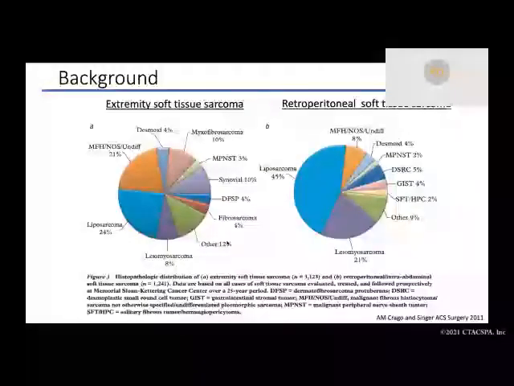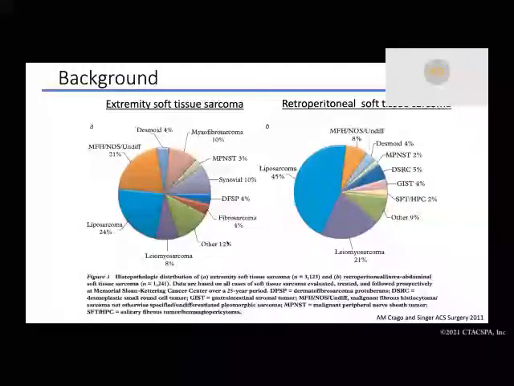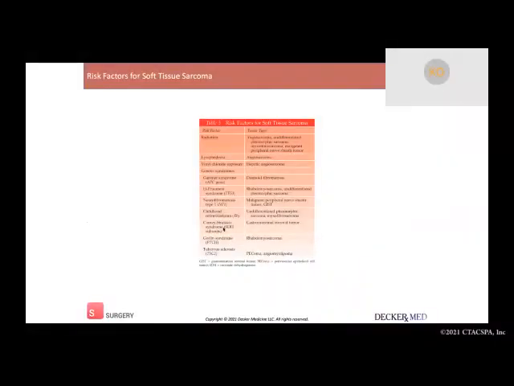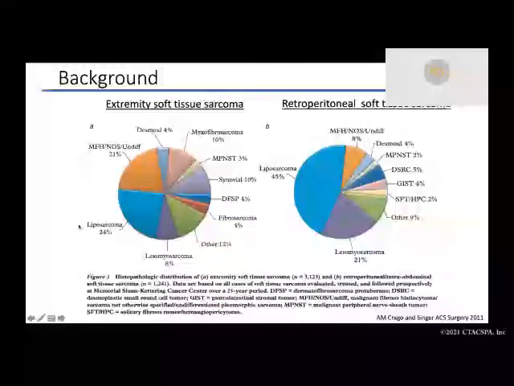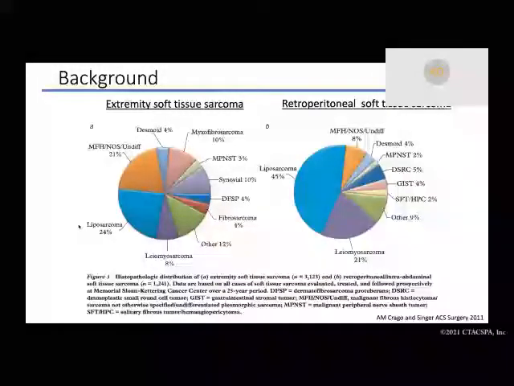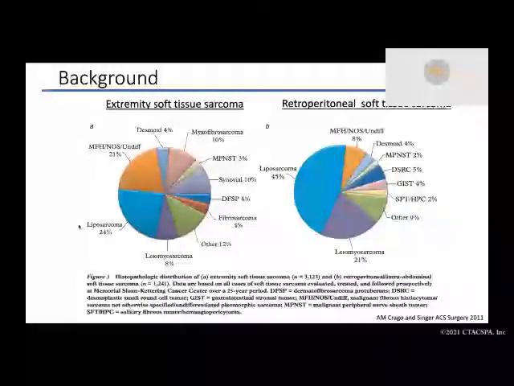So again, things that come up in question banks and sometimes on your ABSITE is what are the most common, and it'll be broken up between extremity or retroperitoneum. Now, thankfully, liposarcoma is the most common sarcoma, either in the extremity and trunk or in the retroperitoneum. The second one is